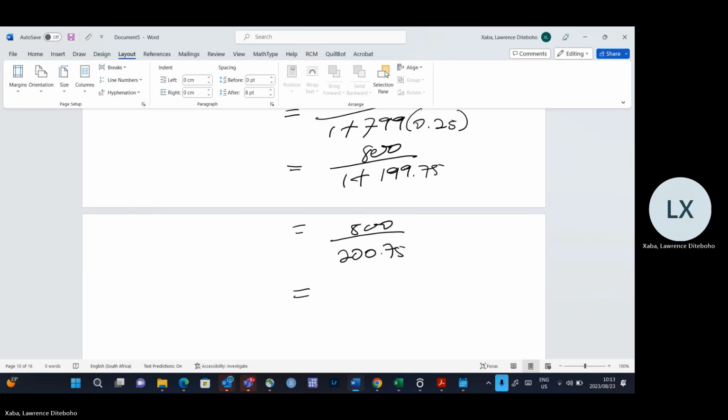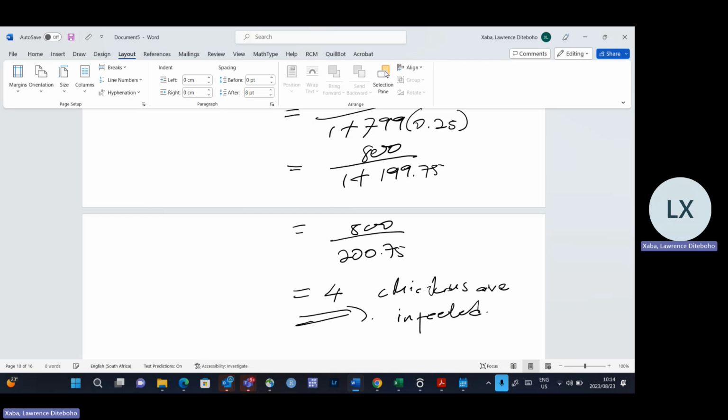Then we have 4, or we have 3.99. So in this case, we can just put it as 4. So by then 4 chickens infected